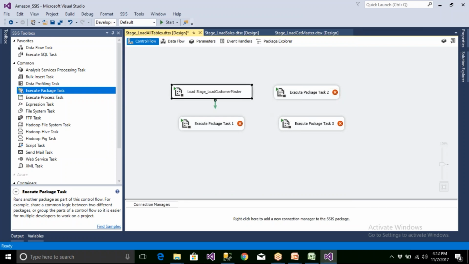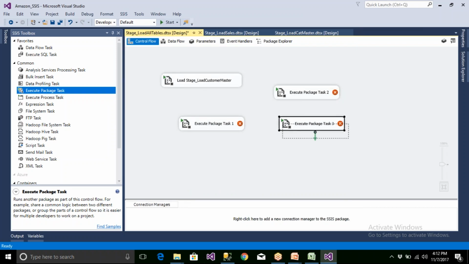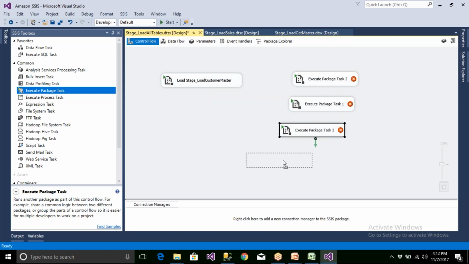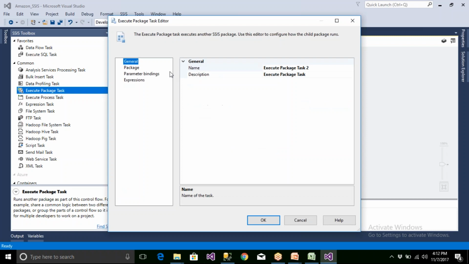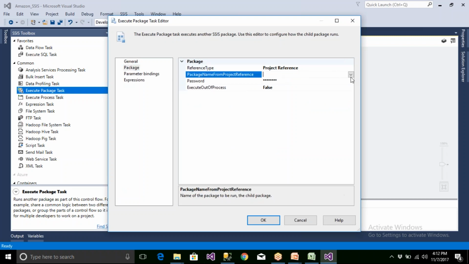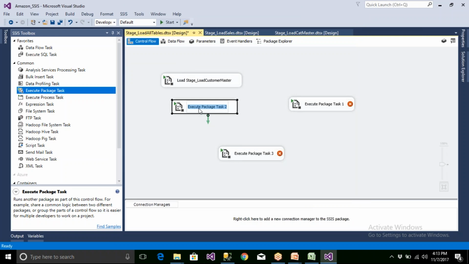After that, I'm going to call two more things. That is, double click on this. Now for this I'm going to use product master. Okay, so Control C and let me go here, stage load product master.